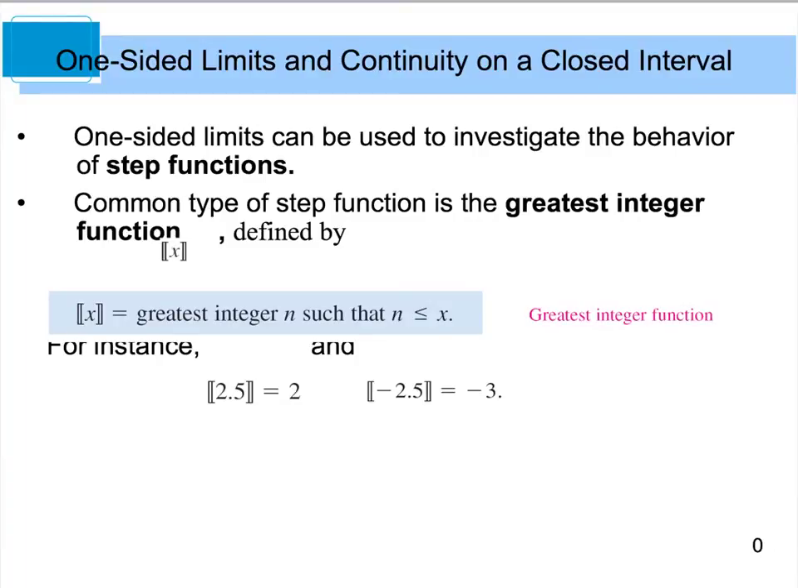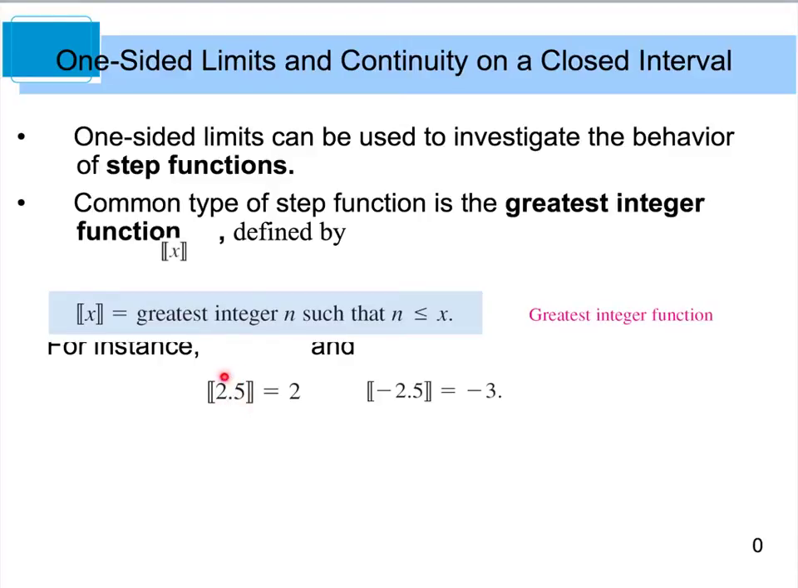Now, one-sided limits are a lot of times useful when you're looking at the behavior of step functions. And I don't know if you've had this before, but one of the common types of step function is what we call the greatest integer function, and it's actually represented by this little x in a double bracket. This is known as our greatest integer function, and what that means is if I put a number